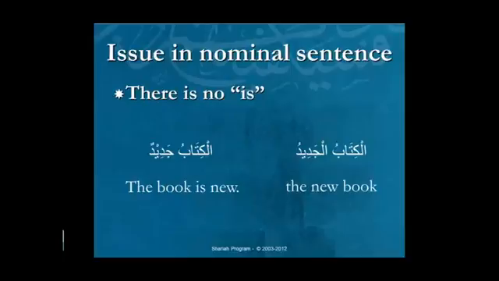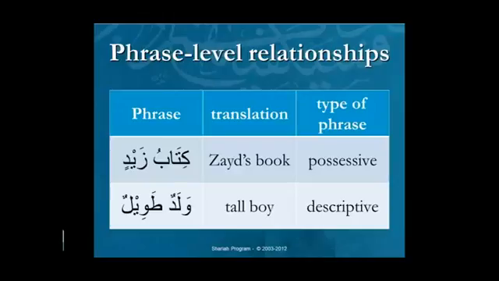Okay, so this is a topic. From the phrases, what we normally do in our three weeks is that we develop two of them. There's a dozen plus ways that words can connect together in phrase level relationships. Let's speak a little about phrases right here because I'm not going to exhaust the topic. I would normally devote 25 minutes to the possessive phrase and 25 minutes to the descriptive one, and that would give you all you need to know as part of the 4% of the language that gives you the broadest application. And then the rest of the phrases are covered gradually over the course of 7 to 9 weeks.